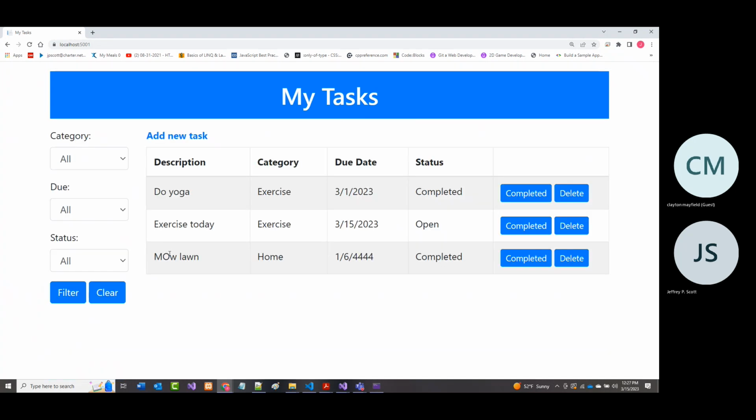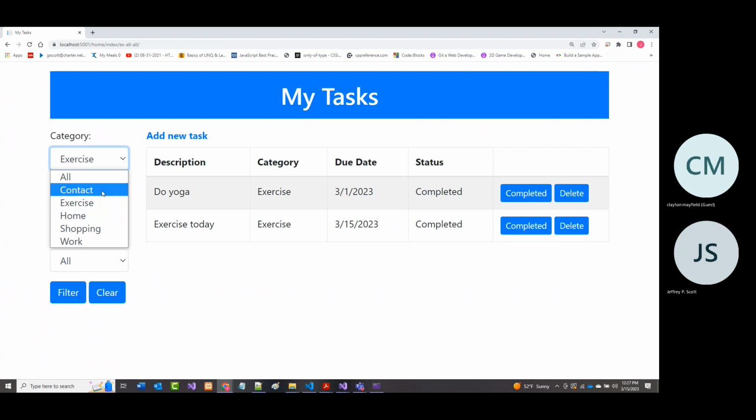There it is. I guess they all were there. So there's exercise today. Now, again, if I go to category exercise, I should have just the top two, and I do. All right. If I mark this as completed, I did my exercise. Boom. It's changed to completed. All right. And if we go back again, let's go to home.